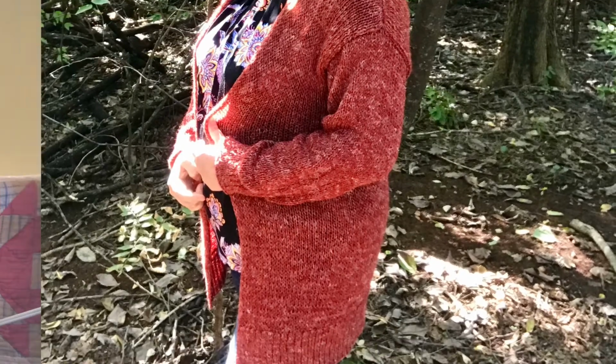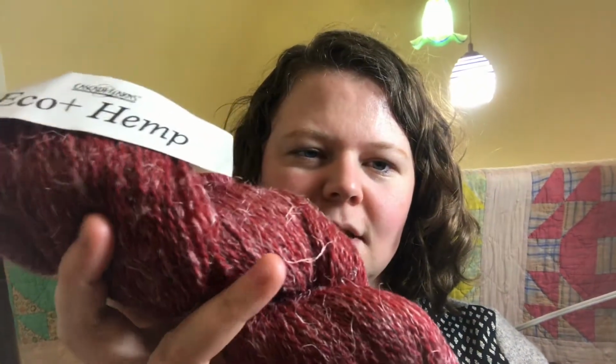So here's a picture of my finished cardigan. It's called Eufaula Cardigan. It's really soft, and if you look at this yarn, you can see that it has these little white fibers in it that kind of stick out, and I'm pretty sure that's the hemp. And it seems like it might not be soft, but actually it's a really nice feeling cardigan and really enjoyable